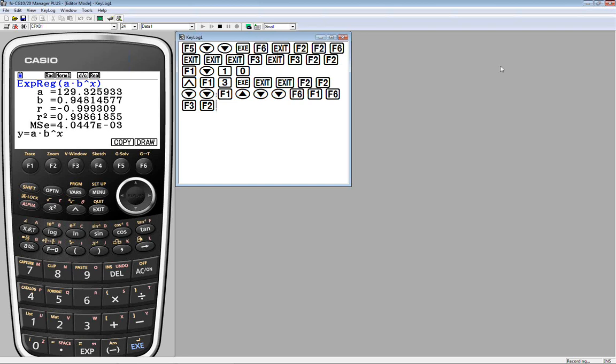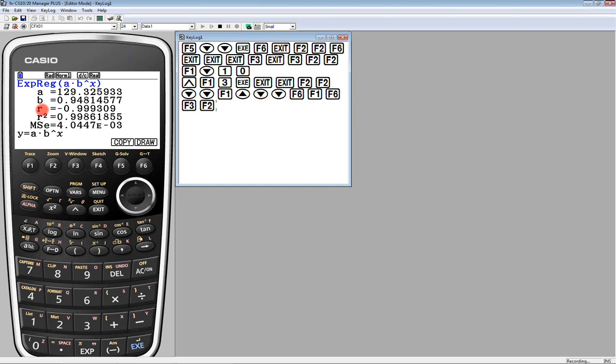And I must draw attention to one of my pet things here, which is, here is a value of r that's displayed under exponential regression. And I think that is potentially a source of great confusion. A correlation coefficient r measures the strength of a linear association between two variables.